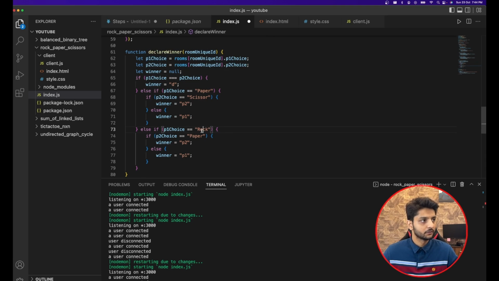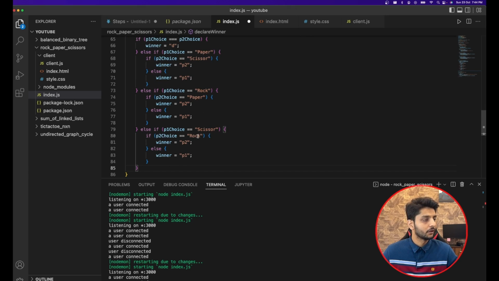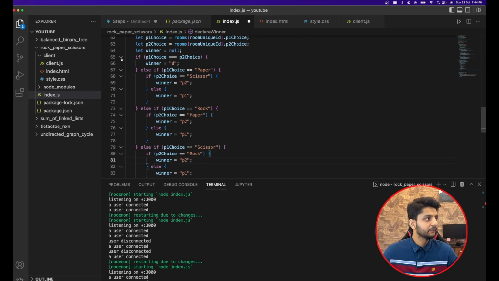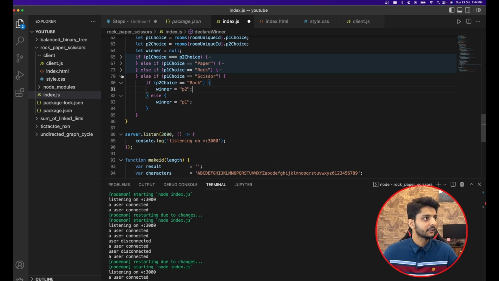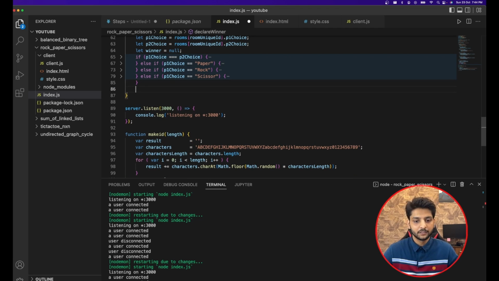So if P1 choice is rock and P2 is paper, then P2 wins. If P1 choice is rock and P2 is scissors, then P1 wins. Another else if for the final, if P1 is scissors and P2 is rock, then P2 is winning. If P1 is scissors and P2 is paper, then P1 is winning. So after this if else sequence, we'll have the winner set, and now the server can emit the winner, and